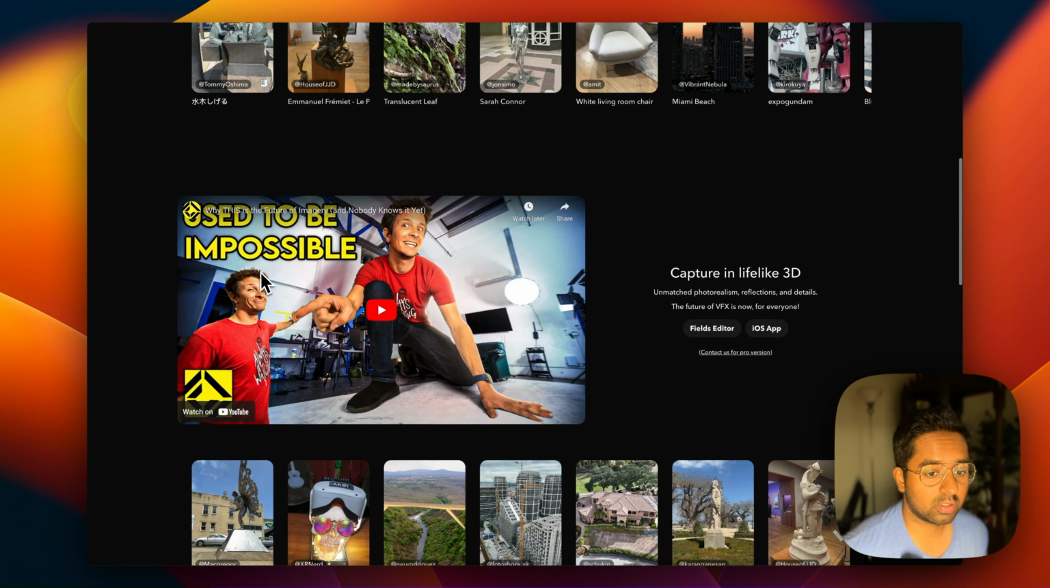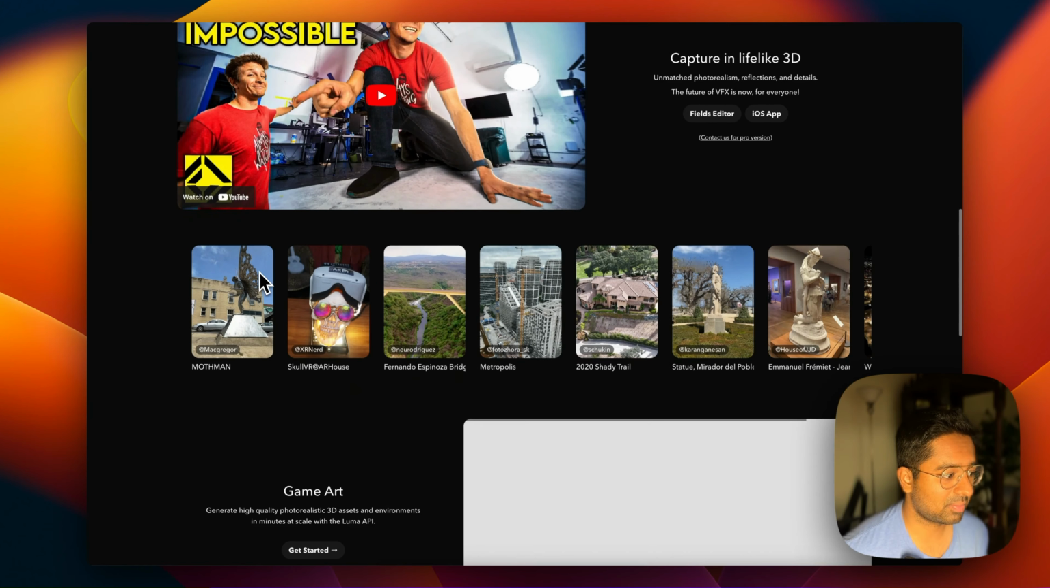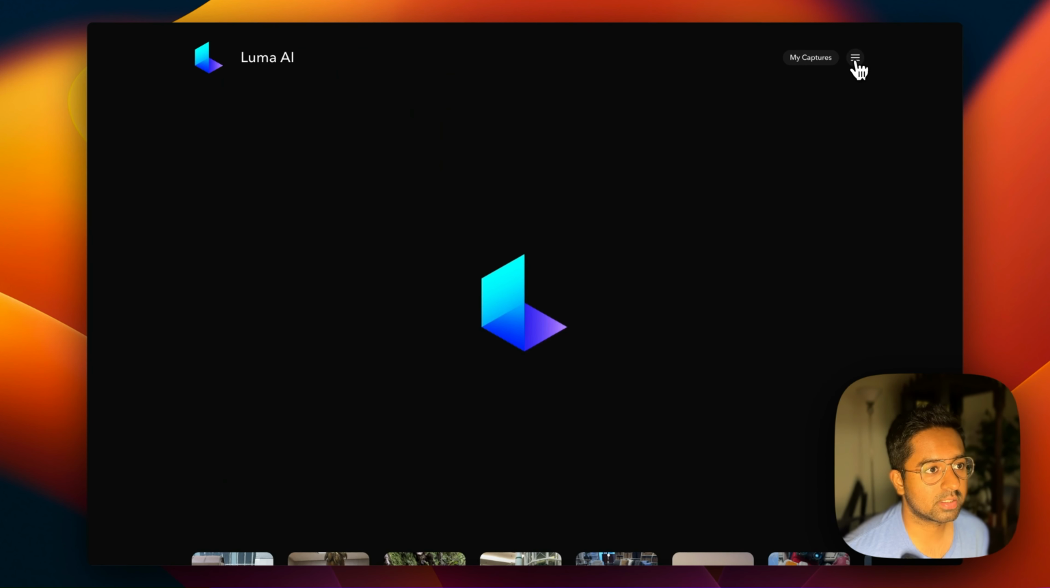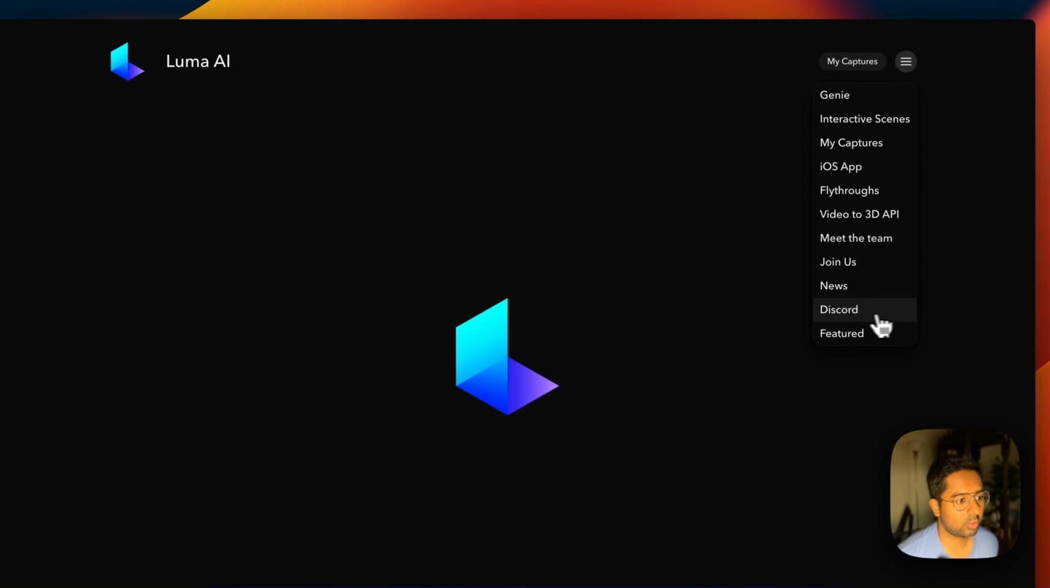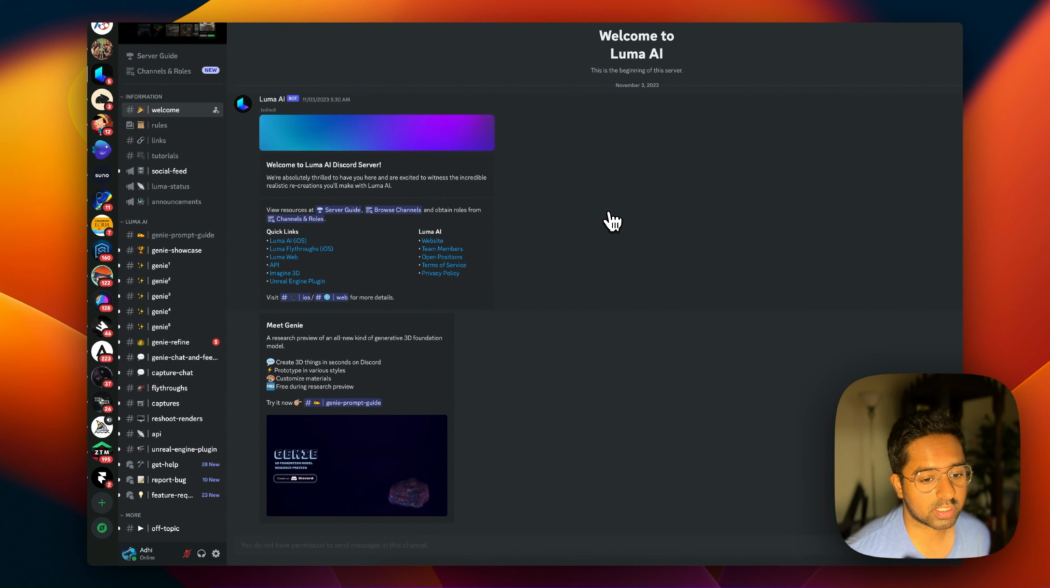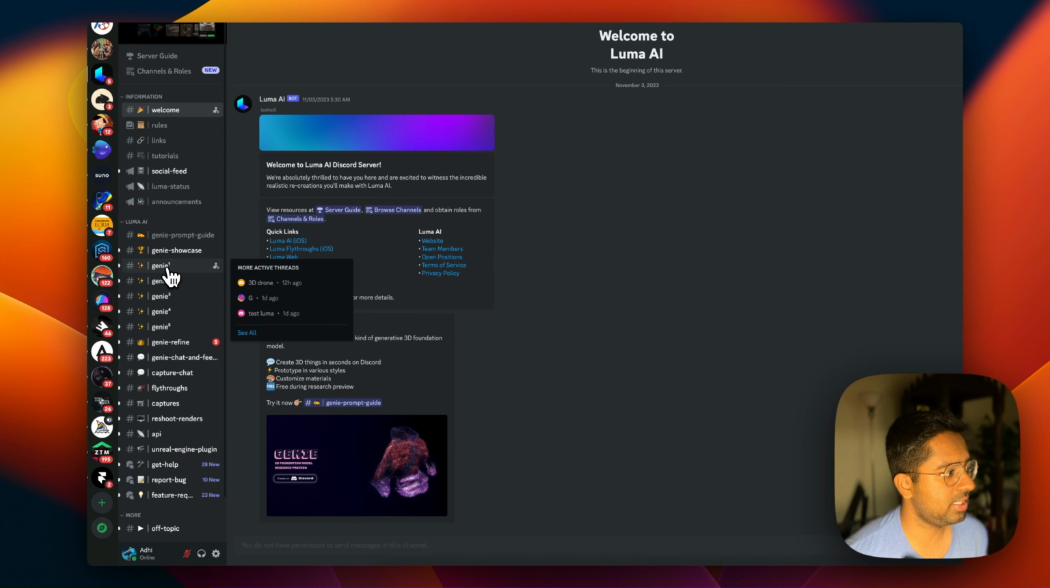Recently, they've gotten into the world of generating 3D assets from text prompts, and that's what we're going to be using today. Okay, so what you want to do is click on the hamburger menu here and go into that Discord app. It's going to take a second to load, and once you are into the Discord channel, if you haven't signed up for Discord, you might have to sign up. Once you are into their Luma AI channel, you want to actually go into one of these Genie channels